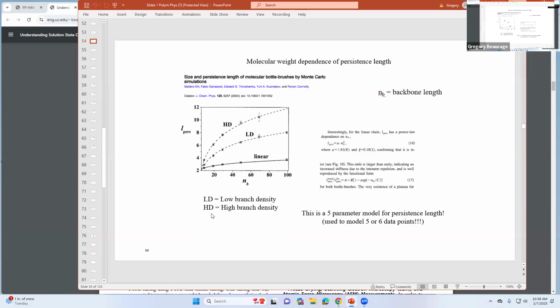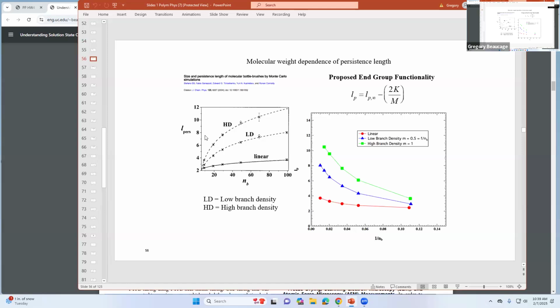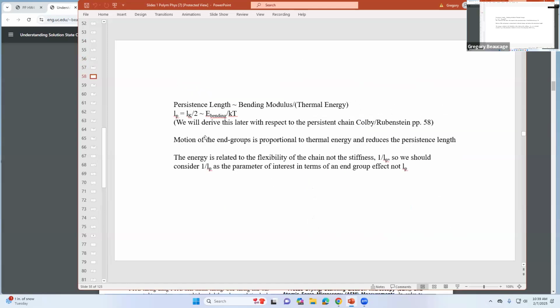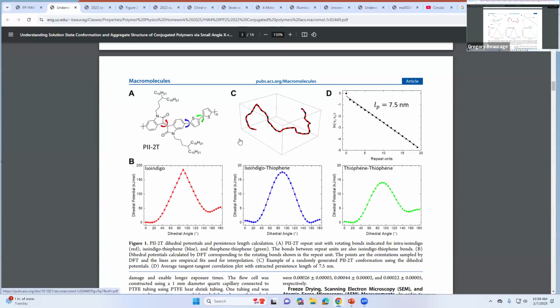If you plot this length versus MD, you go up to 20. For none of the chains do you reach the plateau value, not even the linear one that doesn't have side chains. That's part A of the problem with this. There are some other plots like that, but part B of the problem